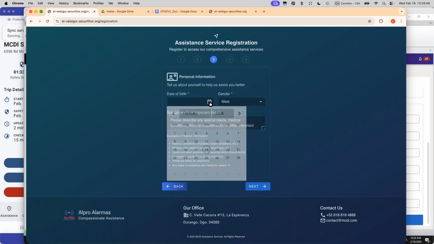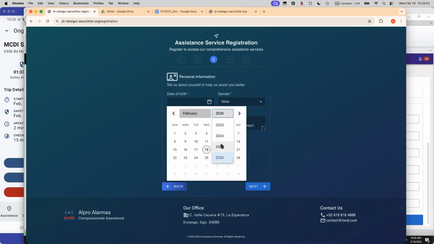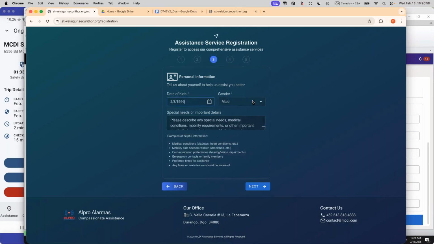So we're asking a few things from our subscriber because, well, we want to ensure that we are servicing people that are 18 years old or older, or actually the person that is creating the account is at least 18 years old in this case. Gender, we're asking gender and a few details because in this case, we're providing response service. If it was not the case, you could skip this, but if we're sending responders to help you, well, for example,